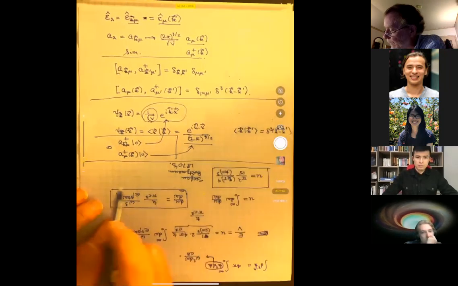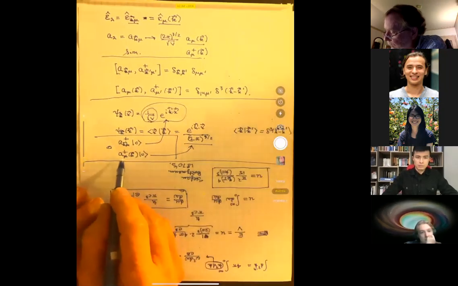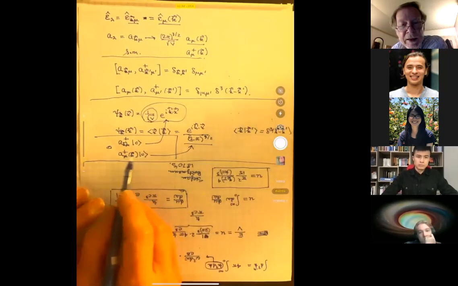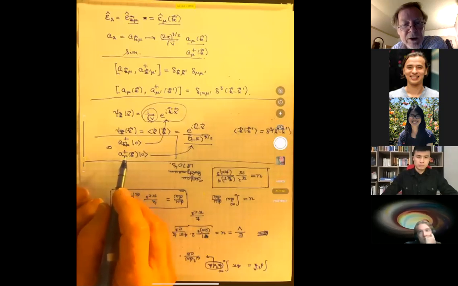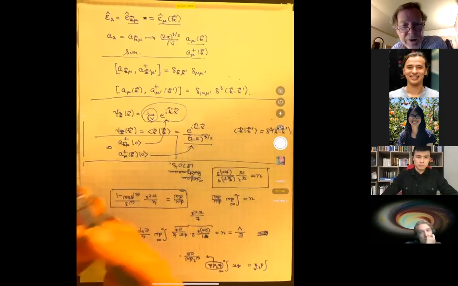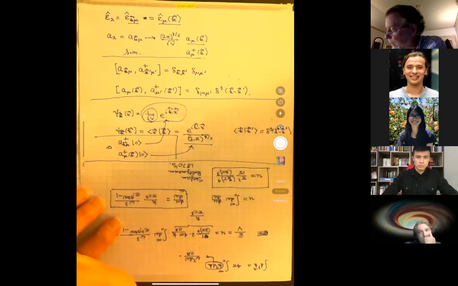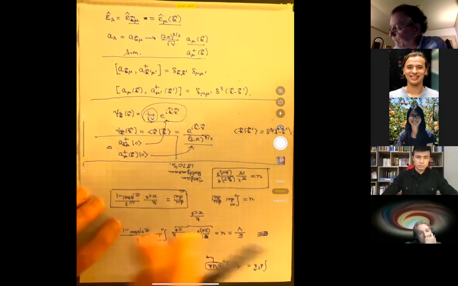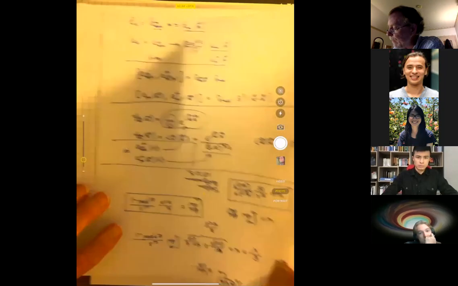And that means that we get physical results not by letting one of these A daggers act on the vacuum, but we need to integrate over K with some weighting factors to create, if you will, wave packets and normalizable states. I'll come back to that a little later, but that's the idea here. In any case, if I make those changes,